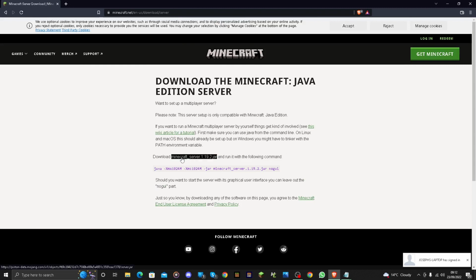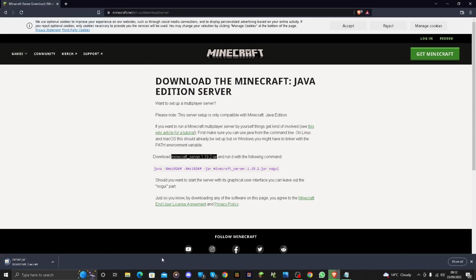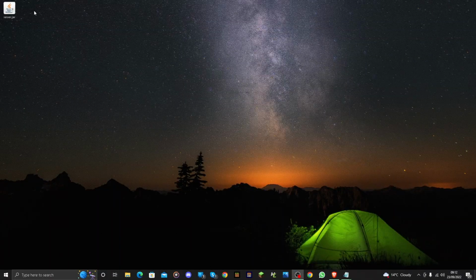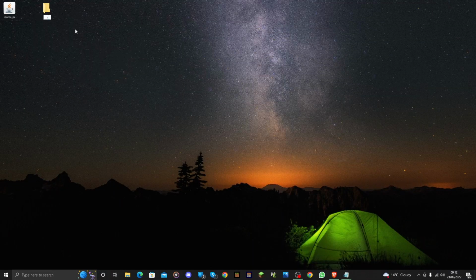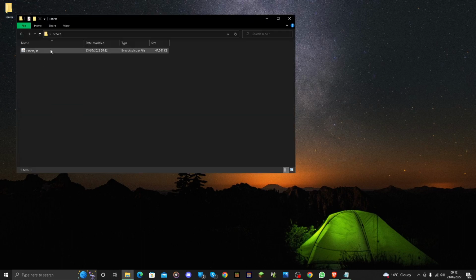So what you want to do is click on this here, and then put it wherever. My download's down here, let me just move that to the other corner. Right, so now my server's down here. What I want to do is create a folder for it. So new folder, and we're just going to call it server for now. Right, if we put that folder in there,